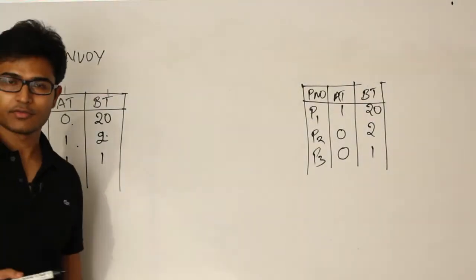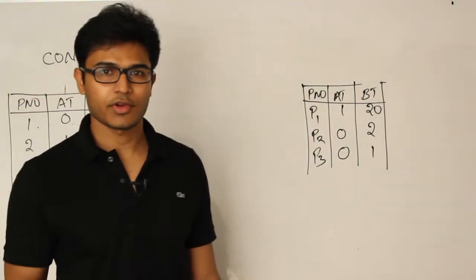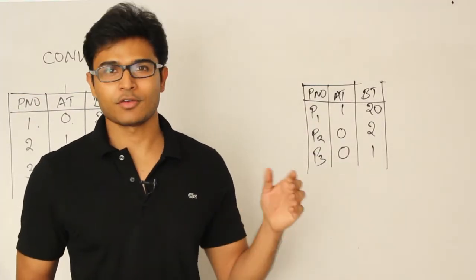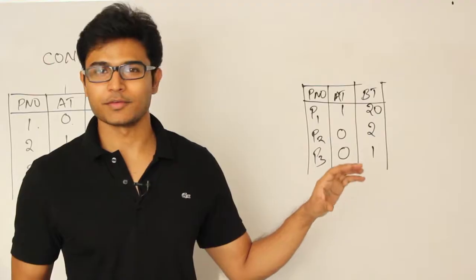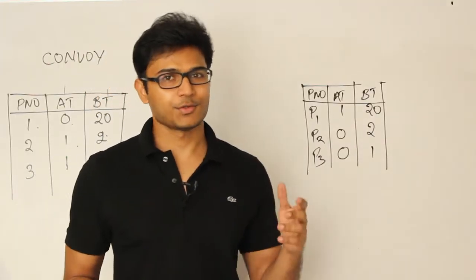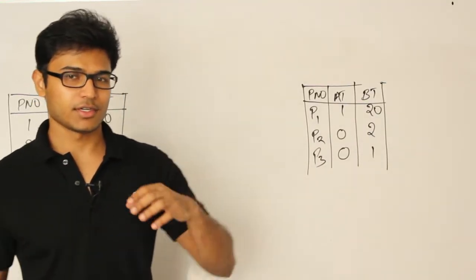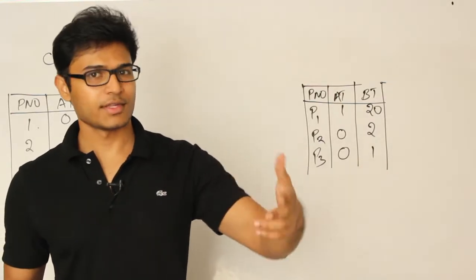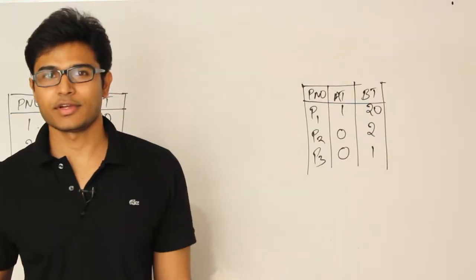One disadvantage of FCFS is something called the convoy effect. Convoy, you know that, right? When a VIP is going, along with him 20-30 cars will be going with him, right? And what happens? For the entire time he is passing through some junction, everyone else will be blocked. That is called the convoy effect, right?